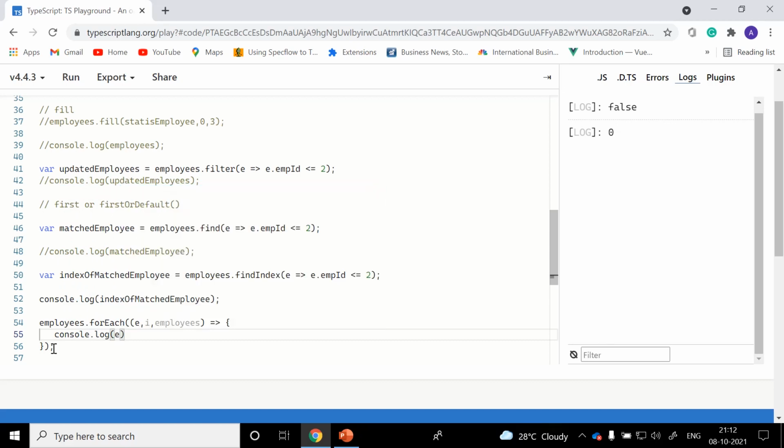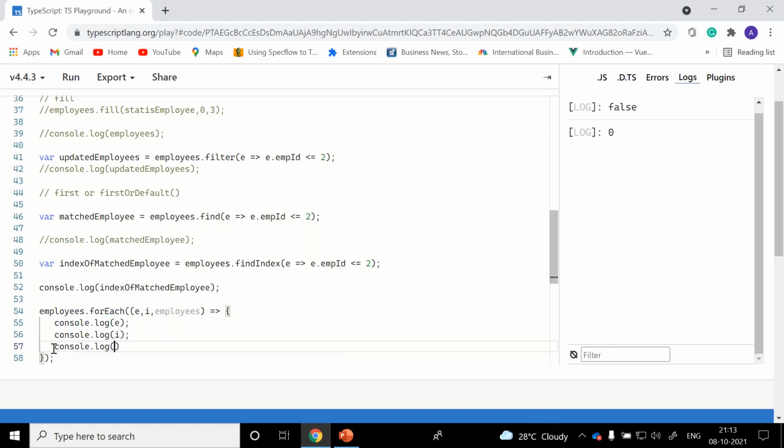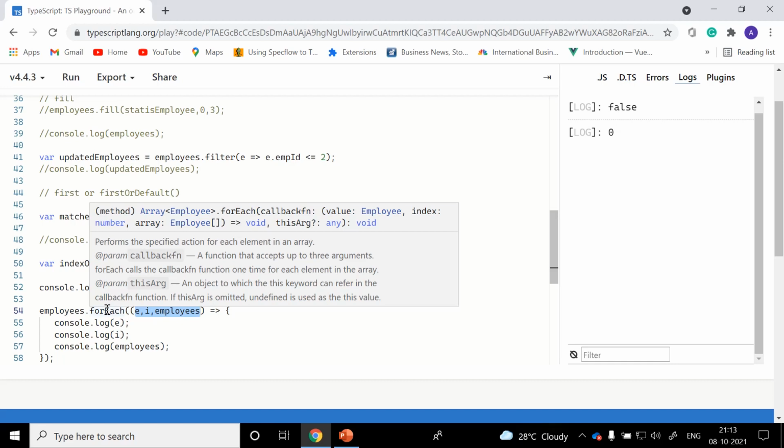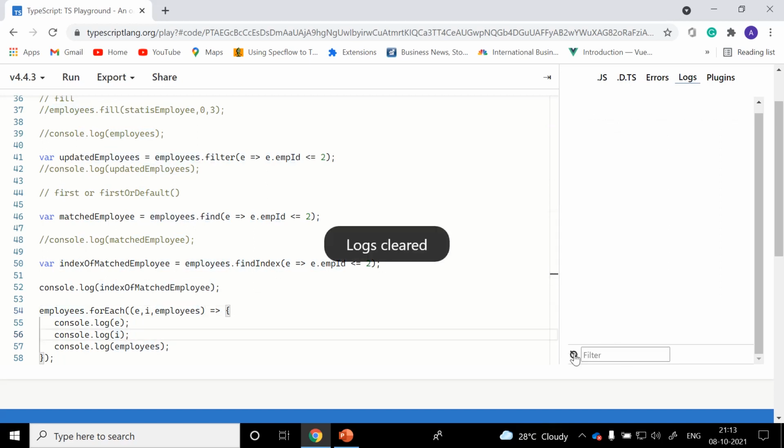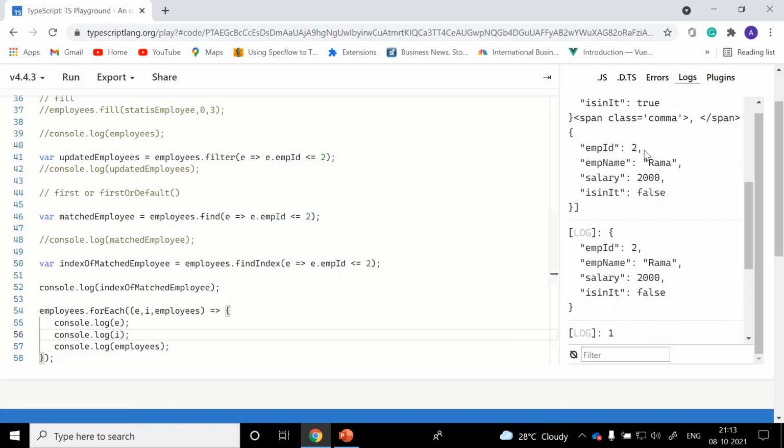Console.log of e, console.log of i, index of that employee, console.log, what is the list of employees? These were the three parameters which forEach will allow us to pass. The first one is each employee present from these employees, index of that employee, and list of employees. Okay, let me clear this and run it.